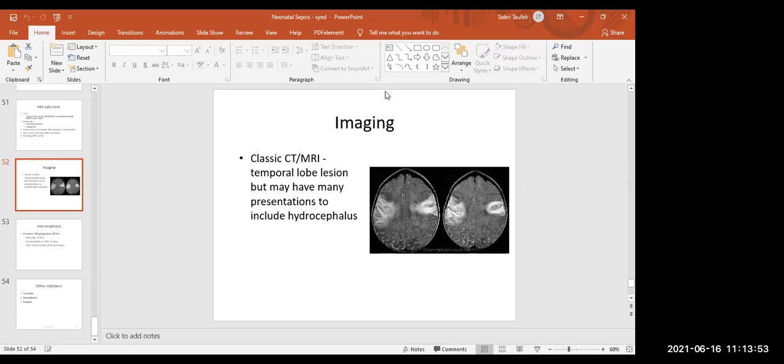Tapi kalau doesn't work, contoh you bagi antibiotik doesn't work, actually you kena repeat. Oh, macam tu. Okay, doktor. Contohlah you buat LP and then confirm this is meningitis. And then you bagi antibiotik, doesn't work. Still fever, still got the CRP still high. Tak ada improvement. Then you kena repeat.